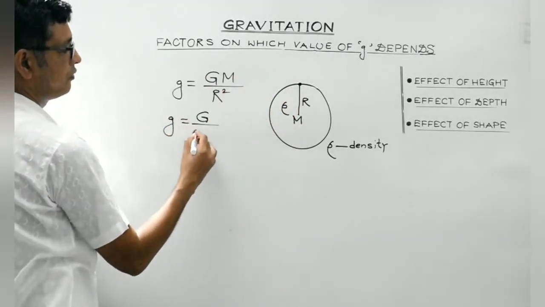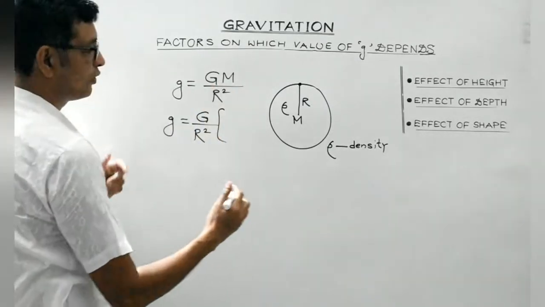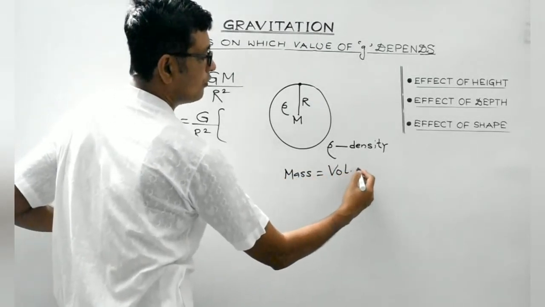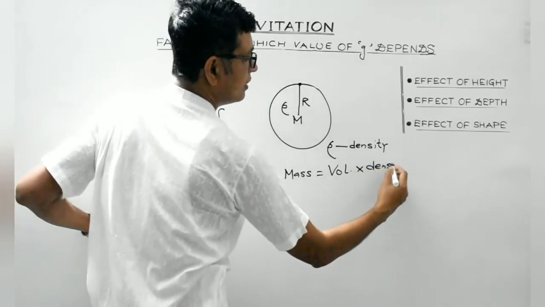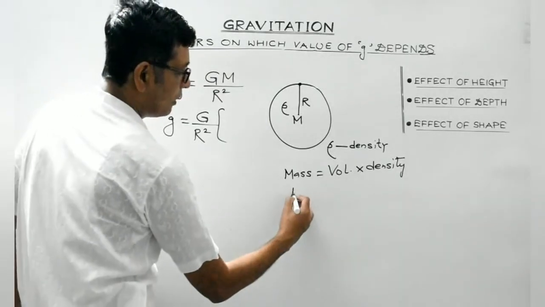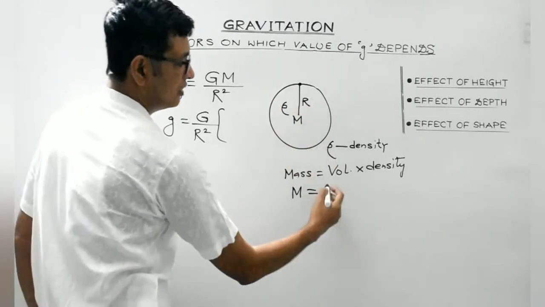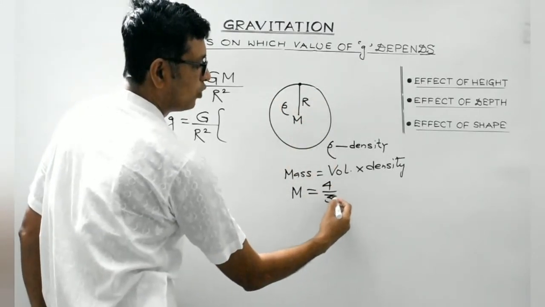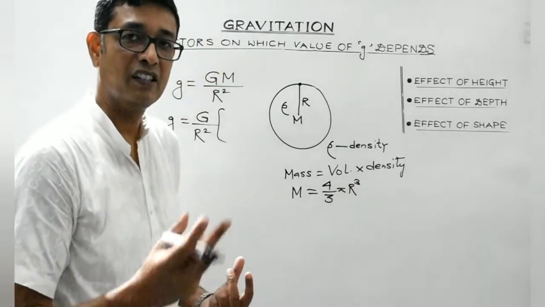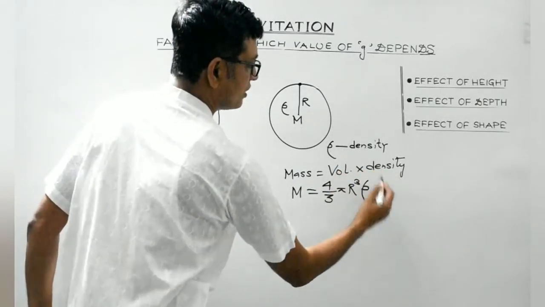Now what we do is, we will convert this mass into density. We all are aware of this formula, students. Mass is always given by the product of volume and density. Mass of a body is given by the product of its volume and density. So mass of the Earth in terms of density may be written using the volume of a sphere. You should be aware of this formula: the volume of a sphere of radius R is 4 by 3 pi R cube, and density we have considered to be rho, the average density.